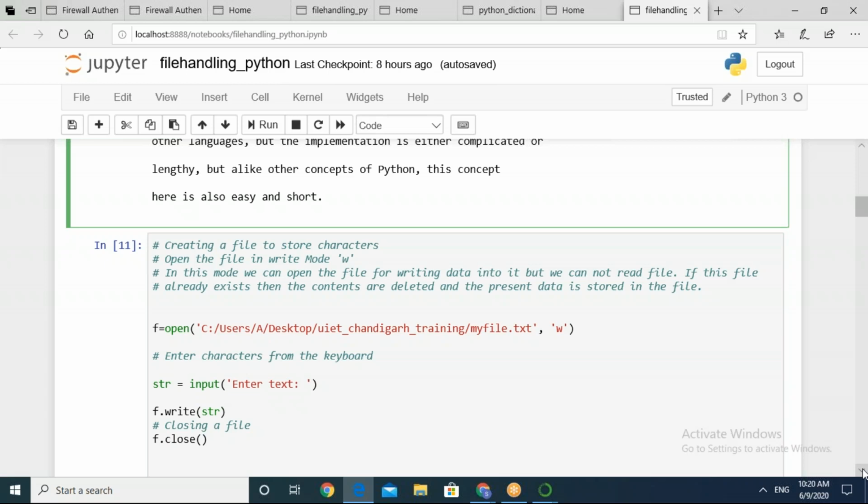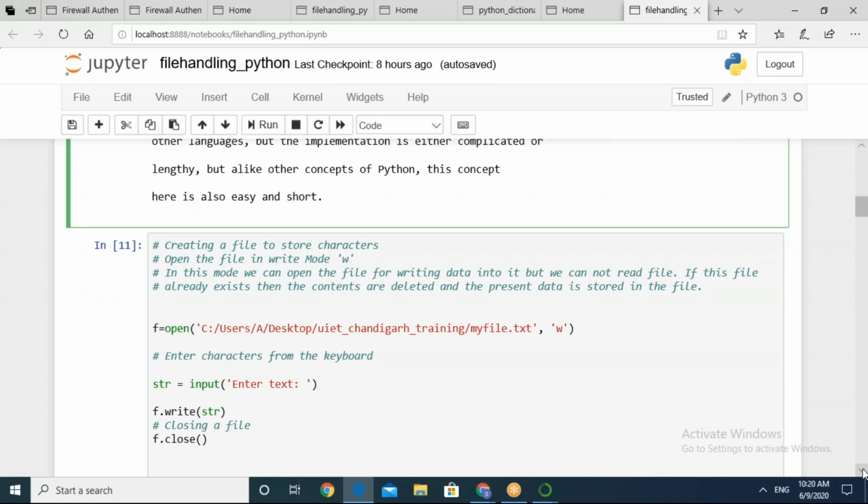So usually the file pointer is placed at the beginning of the file. And after that, we will make use of certain other modes also, like append mode. In case of append mode, to append the data in the file, we require this particular mode. And appending means adding at the end of the existing file. So the file pointer is placed at the end of the file. And if the file doesn't exist, it is going to create a new file for writing the data.